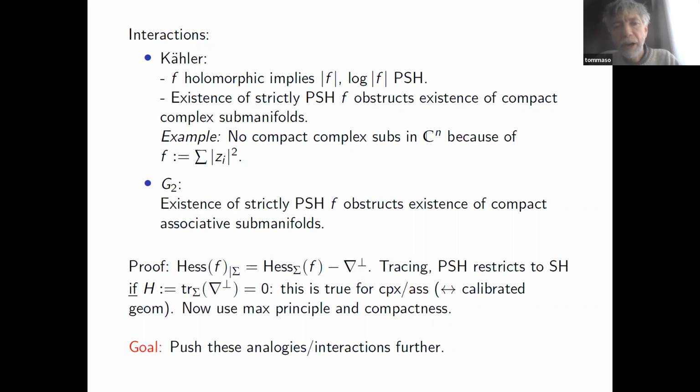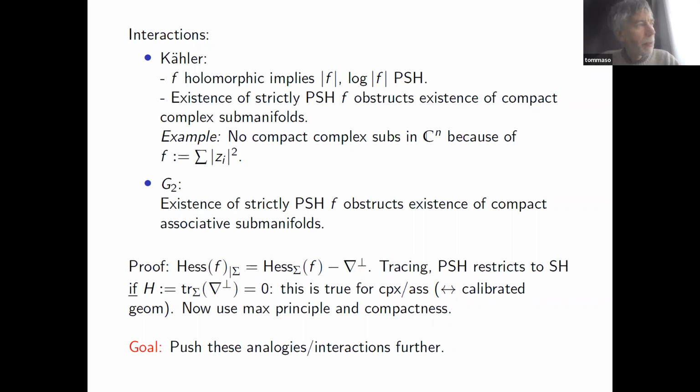I mean, certainly in R7 we can have the analogous example as in Cn. We can repeat it in R7, where I think, again, the distance squared will give you a plurisubharmonic function. Yes, because it gives you a convex function, and so it's also plurisubharmonic. But we did not really need that to know that in R7 there do not exist compact associative submanifolds.